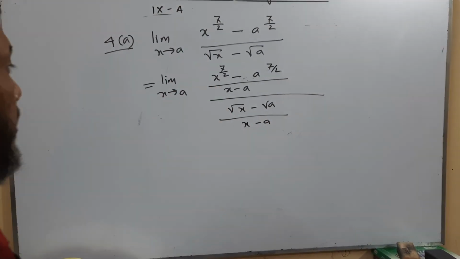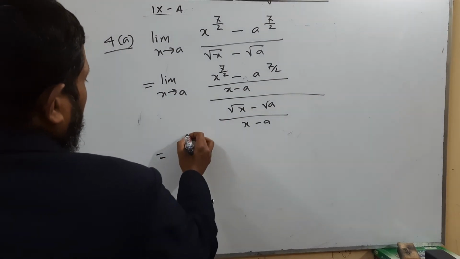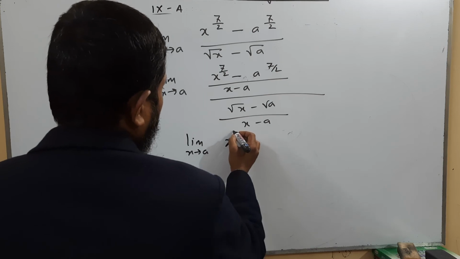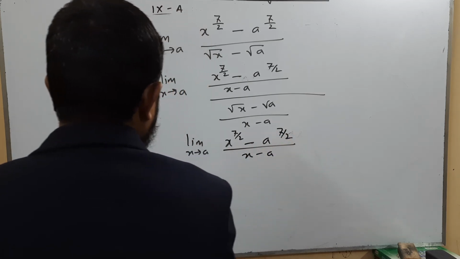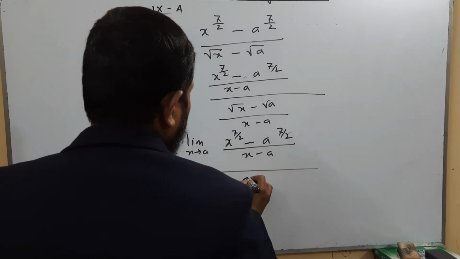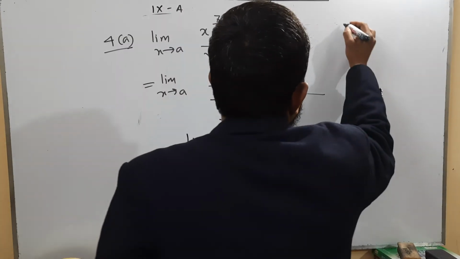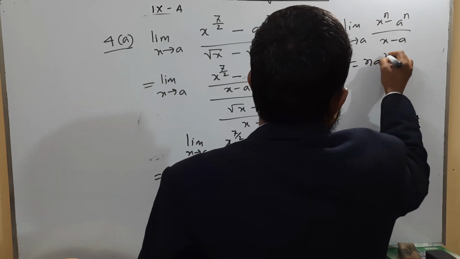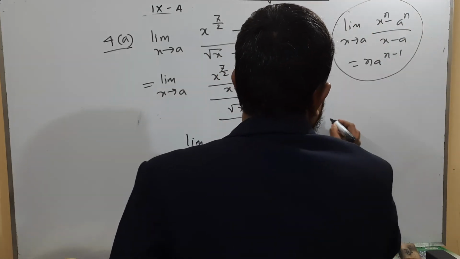We can write, if we calculate, then we will get this. Limit x tends to a of x to the power 7 by 2 minus a to the power 7 by 2 by x minus a, divided by the square root part, that is we know 1 by 2, a to the power 1 by 2. Limit x tends to a. We know limit x tends to a of x to the power n minus a to the power n over x minus a is n a to the power n minus 1. According to this formula,